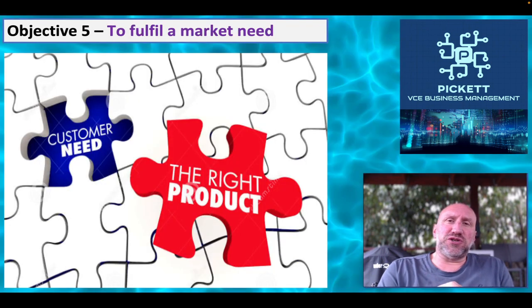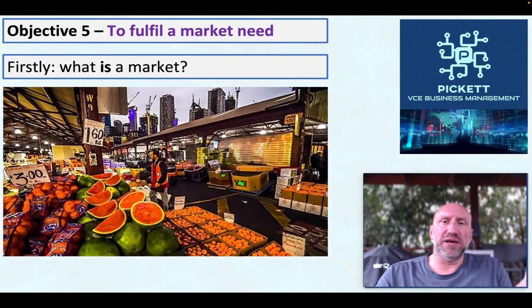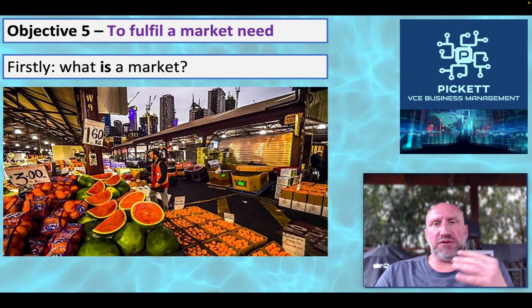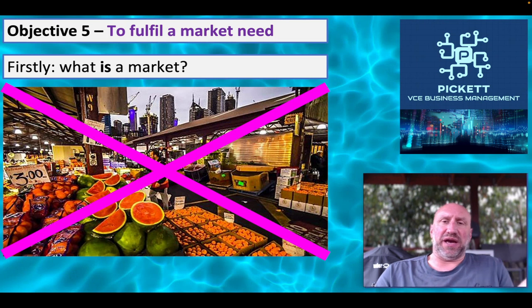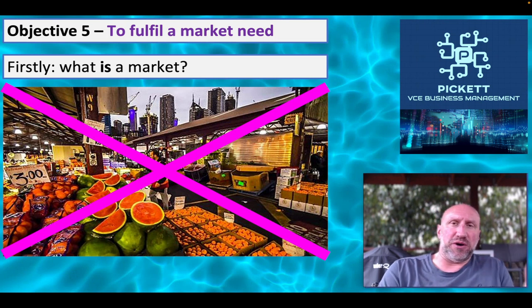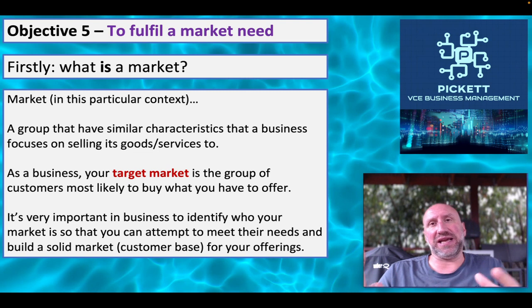Our fifth objective: to fulfill a market need. First, what is a market? In a business context, when we're saying a market, we don't mean one of these things, like the South Melbourne Market or the Victoria Market. What we're talking about here is a group of businesses that have similar characteristics, selling a similar good or a